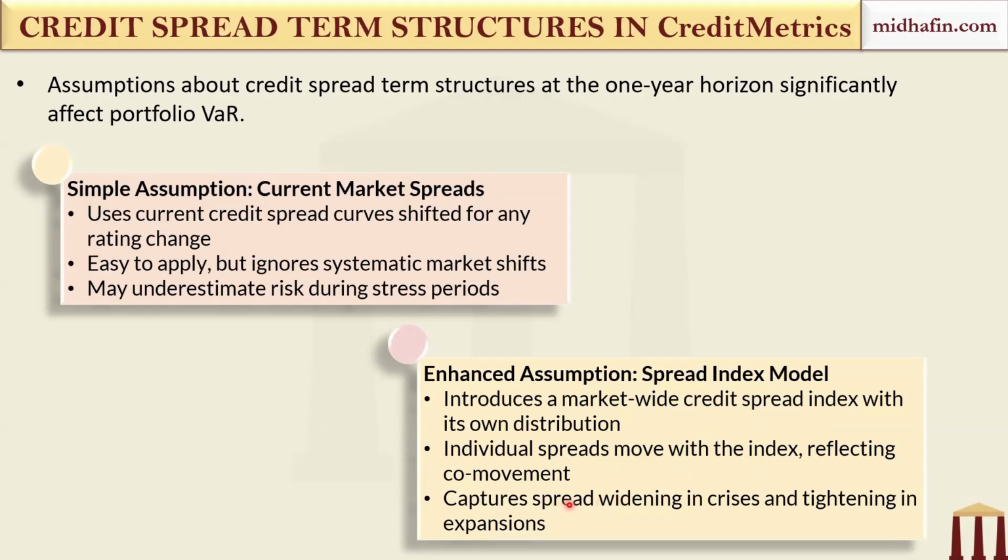And this captures the real world behavior which we see during credit cycles. Spreads widen together during the crisis. So you can draw an analogy between systematic risk and a market factor, which we discussed in FRM Part 1, where there is an index, a credit spread index, and all the spreads are co-moving with this index. And the spreads will widen together during crisis and tighten together during expansions, while of course still retaining category specific